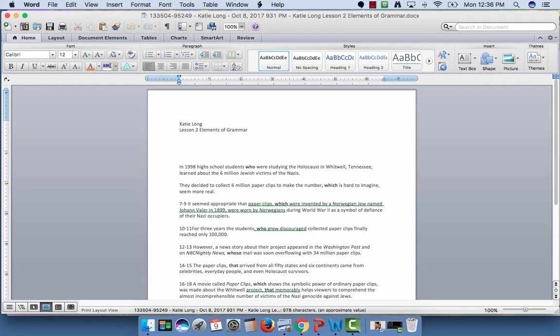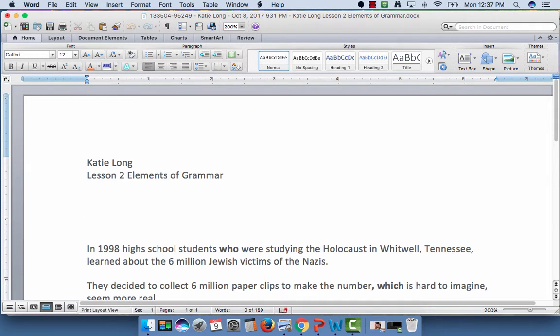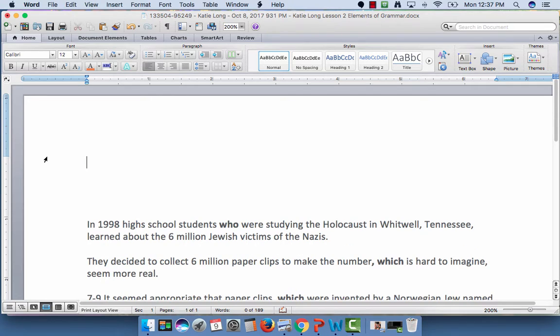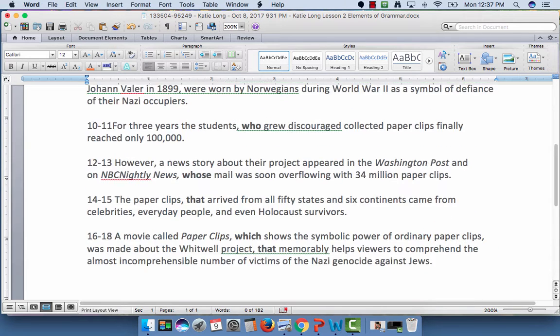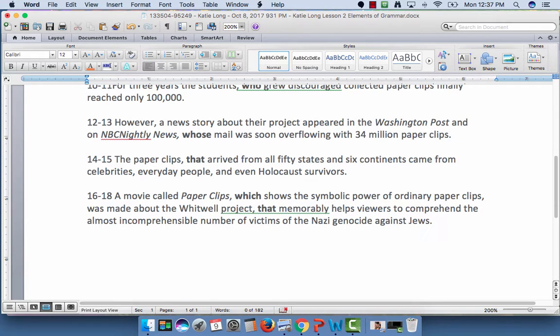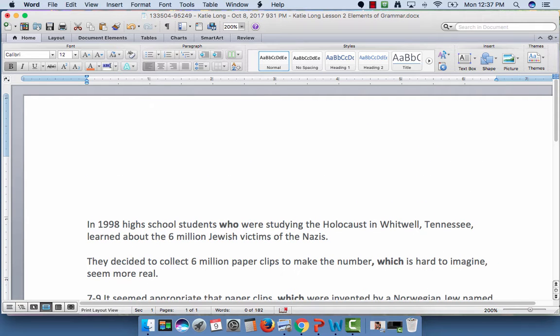I'm taking Katie Long's. I hope she doesn't mind, but she had a perfect paper, so here we go. I'm taking her sentences that have appositives in. The reason I chose her is there were a lot of perfect papers, but I chose hers because she put that in italic or boldface where the appositive was. So let's look at this first